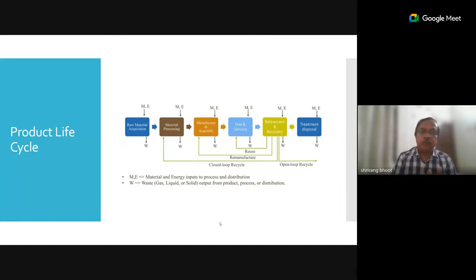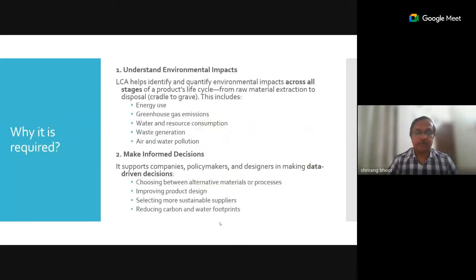Or we can also do the assessment at the material processing stage, or even at the use and service stage only. When we do the analysis at the manufacture and assembly stage, that is called gate-to-gate analysis. But when we do the analysis from raw material till final treatment and disposal, it will be termed cradle-to-grave analysis.